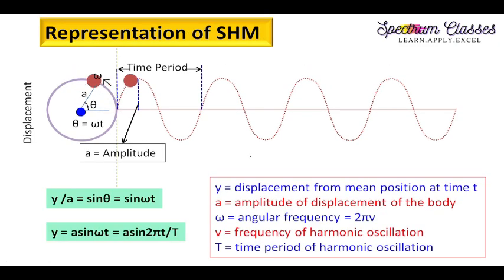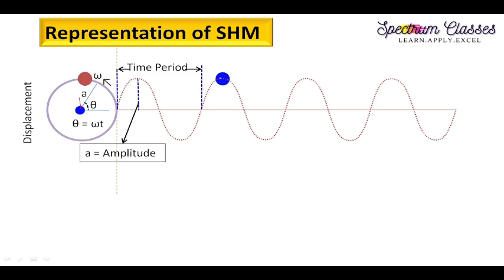I tried this, but this is not actually in coherence. So you can understand this point is the projection of this. And this blue point represents this point which is at the center of this circle, and this is moving about upward red vertical of this, right? So here you can see this is how we are just going to study the simple harmonic motion.